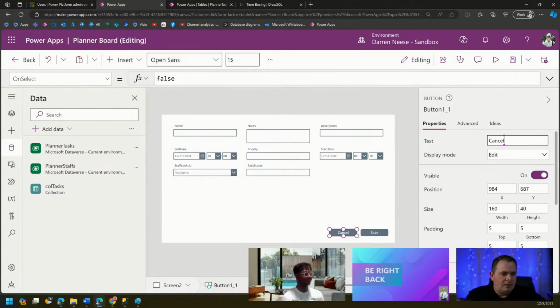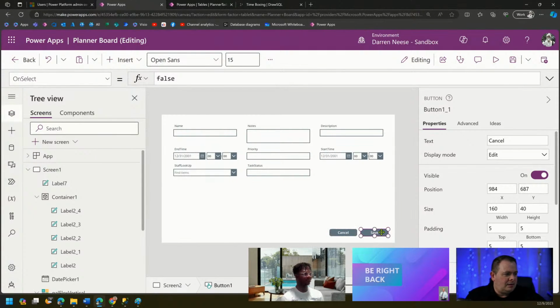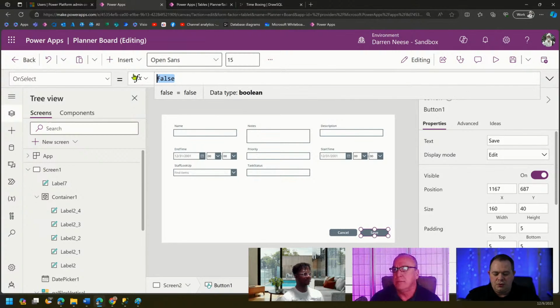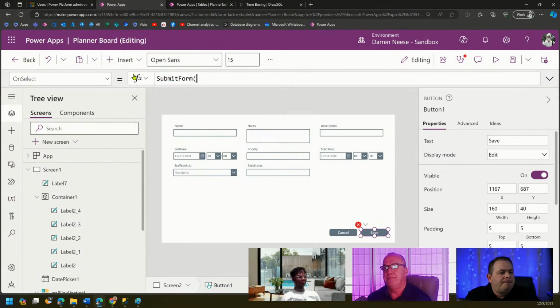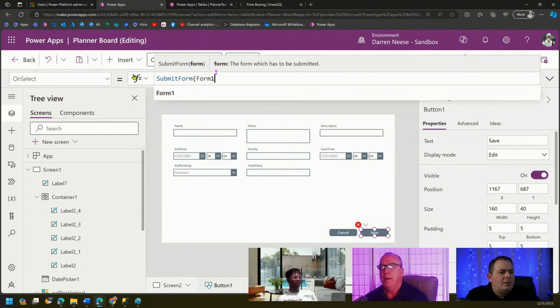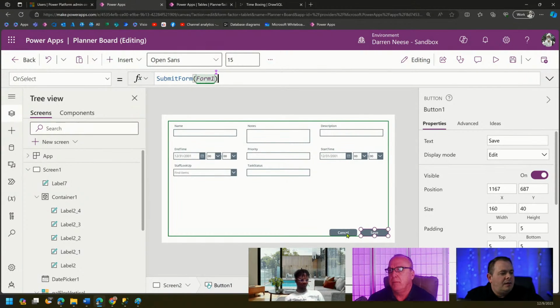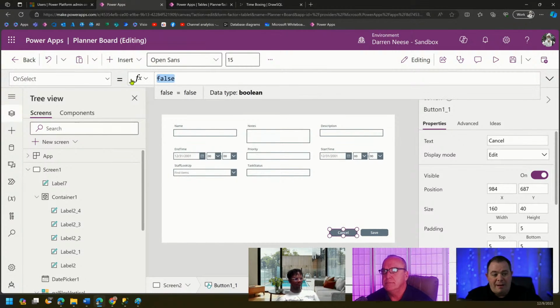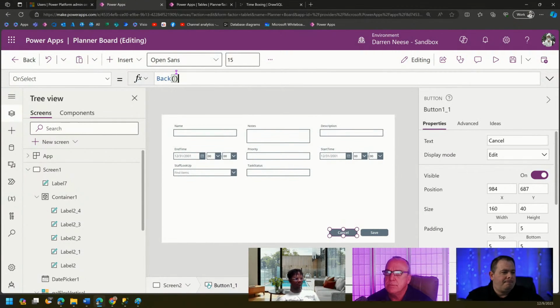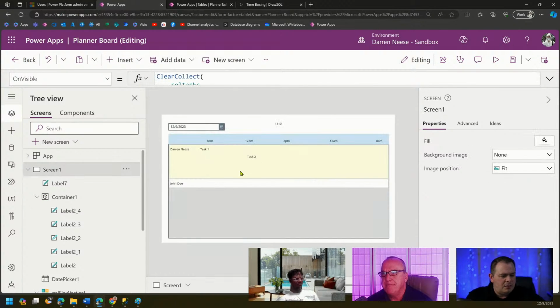And the save button, I want this to do a submit form. The cancel, I just want it to go back. Okay. And then from screen 1,